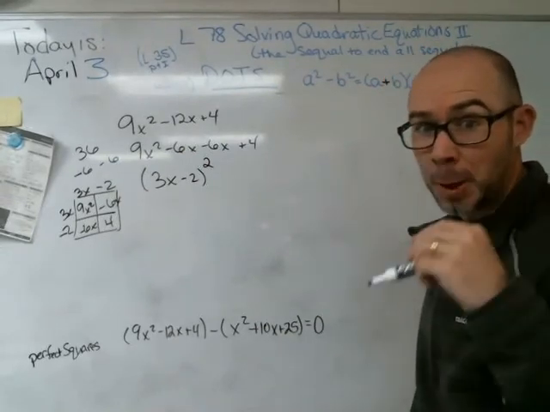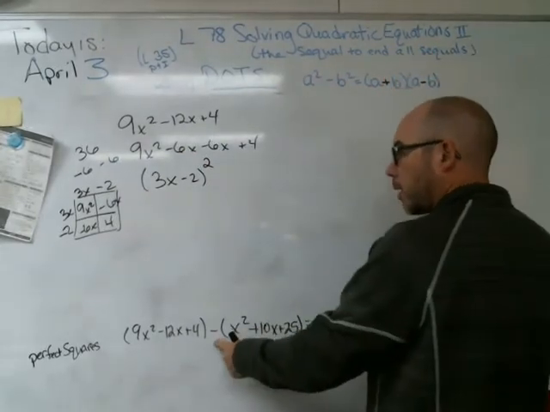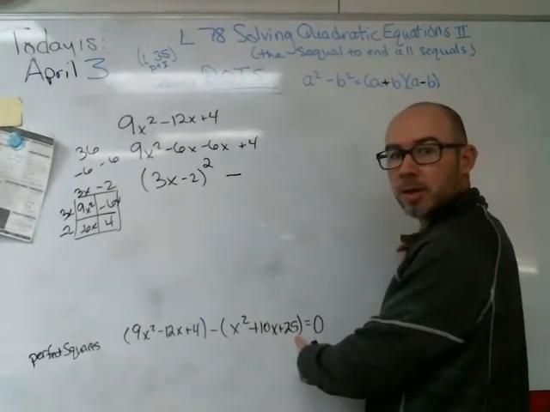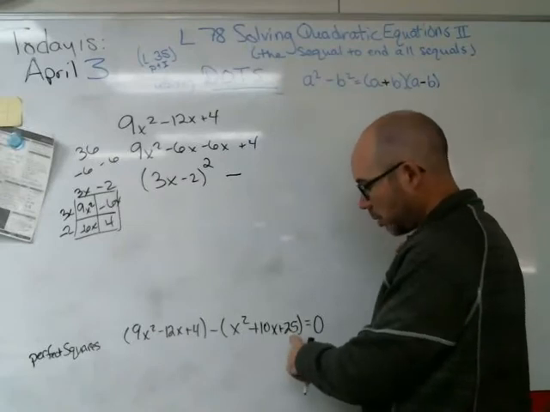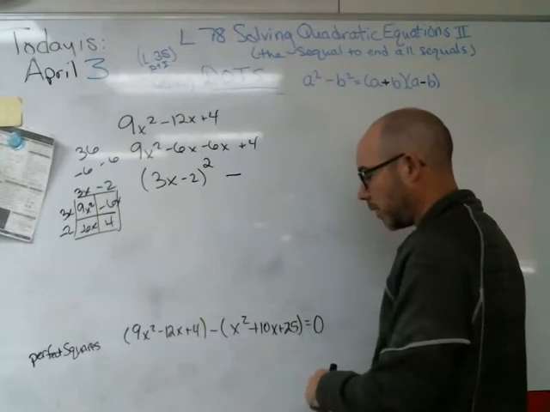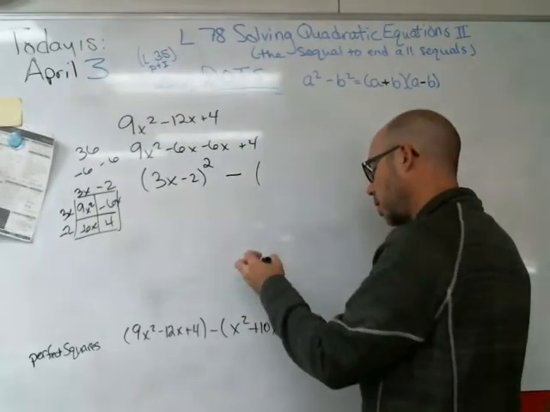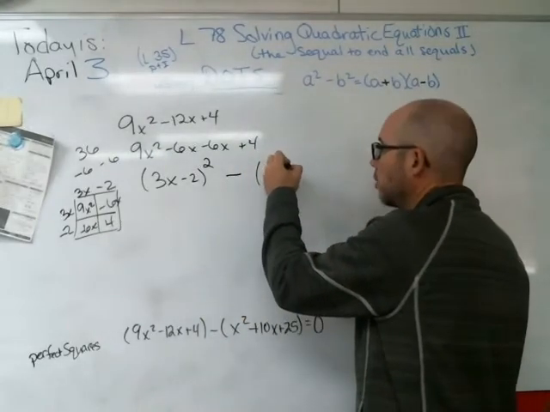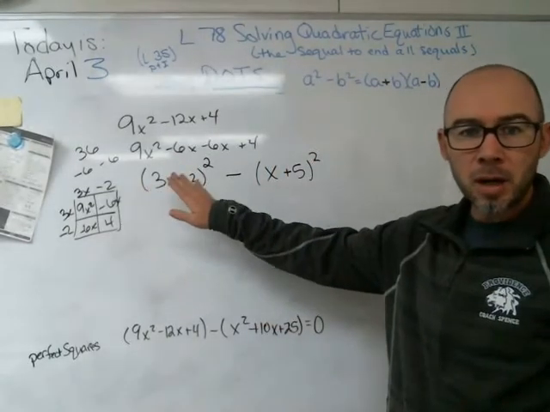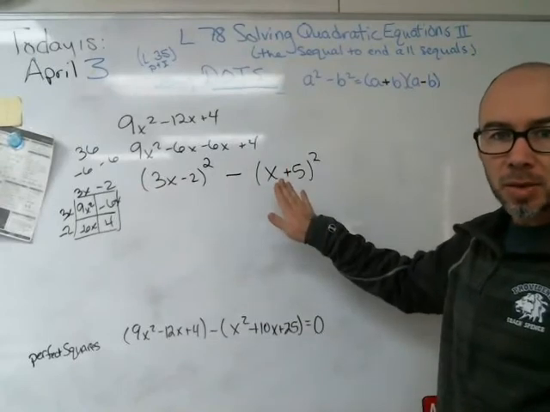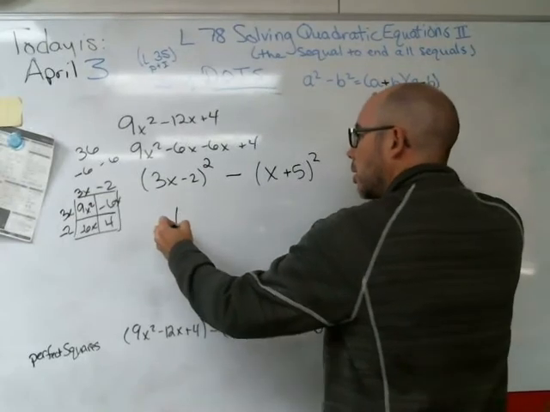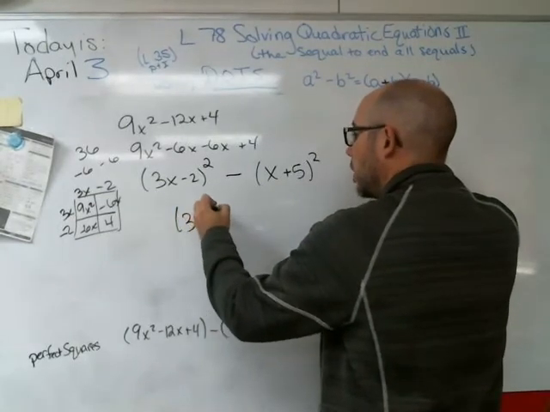All right, we found it. Found a perfect square. And then we got minus, and then we got this one right down here, which is a little easier to work out because we got a perfect square there at the end. And we've got twice of x times 5 right there. So this one turns into x plus 5 squared. A squared minus b squared. You see it? The difference of two squares says that we can go 3x minus 2,